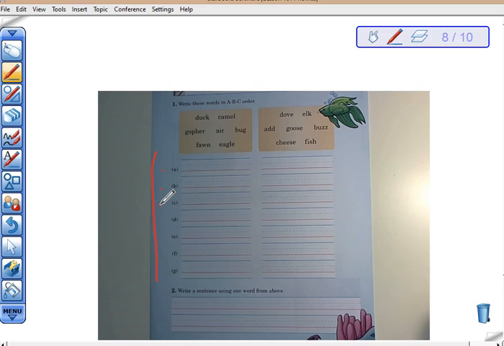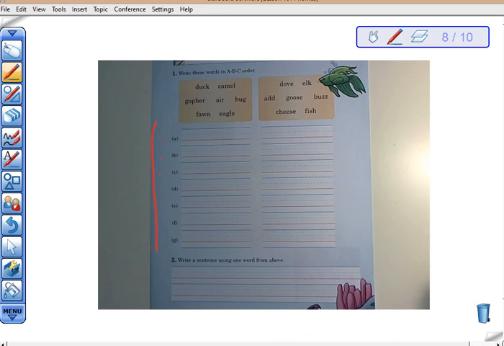When you get over to these words, dove, elk, add, goose, buzz, cheese, fish, you're going to have to put them in order without that little helper on the side there. Okay, and then down in number 2, you're going to write a sentence using one word from above. You choose any one of those words up there and write one sentence. Any questions? No. Good. Put your seat work away, and we will